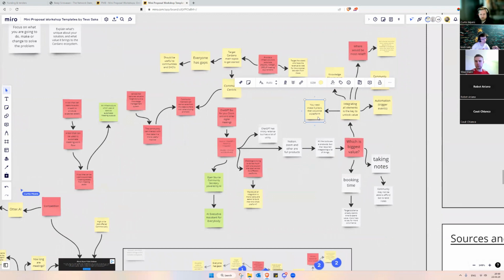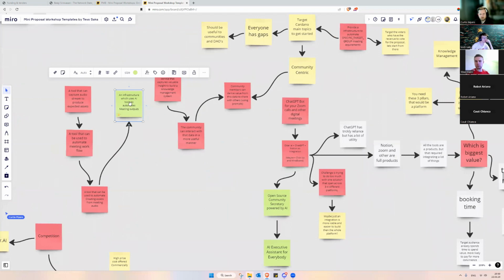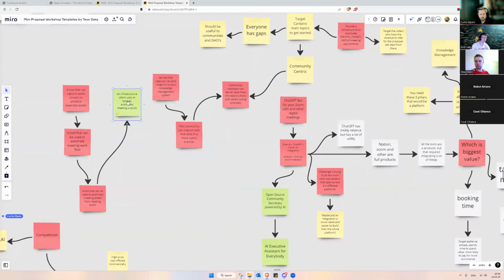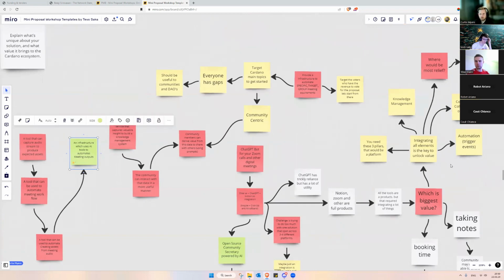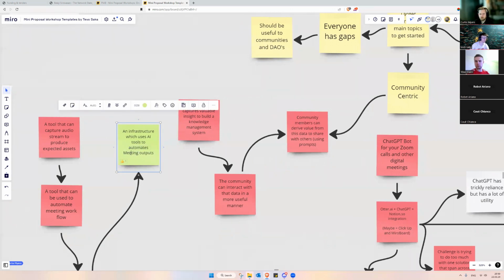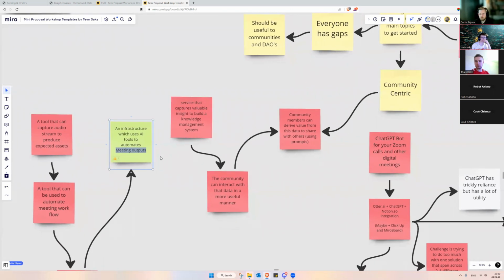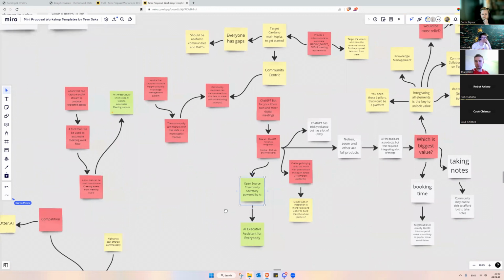I think this platform one is actually, when we look at this statement as an infrastructure which uses AI, that already, infrastructure feels like, okay, there could be many solution sets. So that basically captures all the three key elements. And the most important one, which was talked about, was automation, and it also touches it. Perhaps the meeting outputs is too specific, so we could remove that. And from here, yeah, I do agree that the solution should and could provide a bit more abstract view.